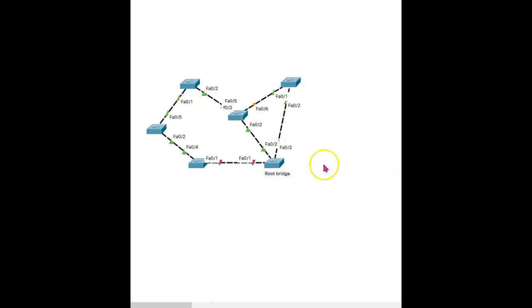In this network that you're looking at, the root bridge is down here in this lower corner. And you can see that some of these ports are blocked here, the orange and the red, because of STP. Well, what I want to do is change the priority of this switch up here in the middle so that it becomes the root bridge, and we'll see if STP renegotiates.